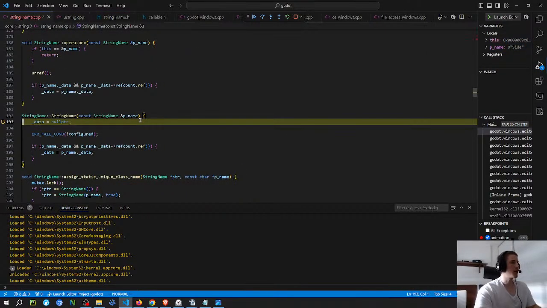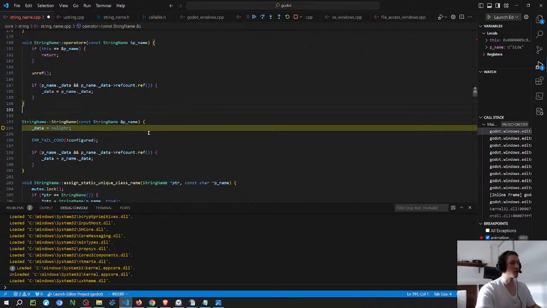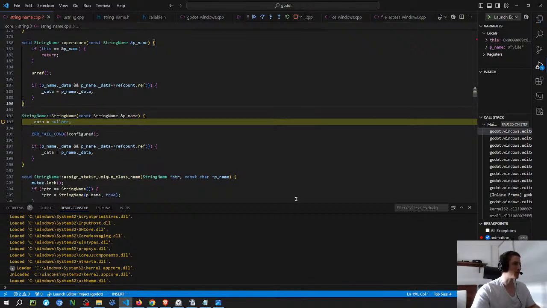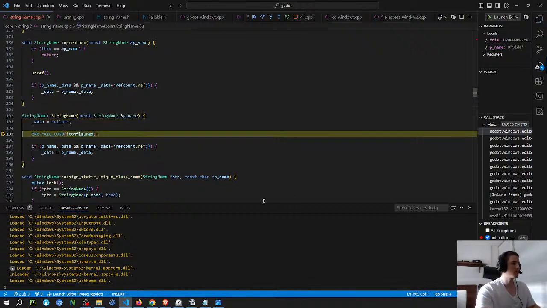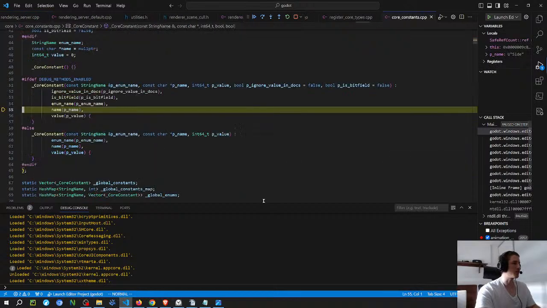And this string name, as far as I understand from the documentation, is different than the string because this one is more for strings that are going to be unique. So usually strings that you're going to put for a map, for example, to access a map. So for these kinds of strings, it's usually recommended to use this one instead of the other one. But I'm not really sure why. I don't understand it very well, and I don't care too much about this now because